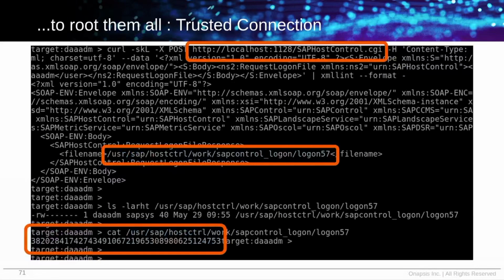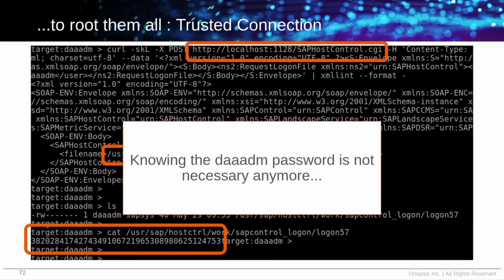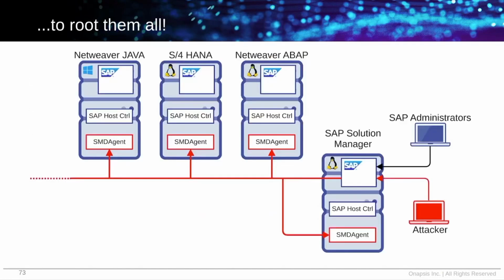One request on localhost, retrieve the path, get the content, and the content is the temporary password you can use. So it means that at this time, we never provide the DADM password. So now, if we take back the global picture from the SMD agent as DADM user, you can call all